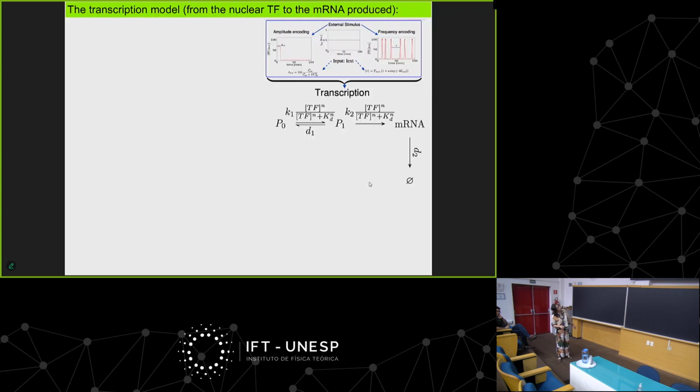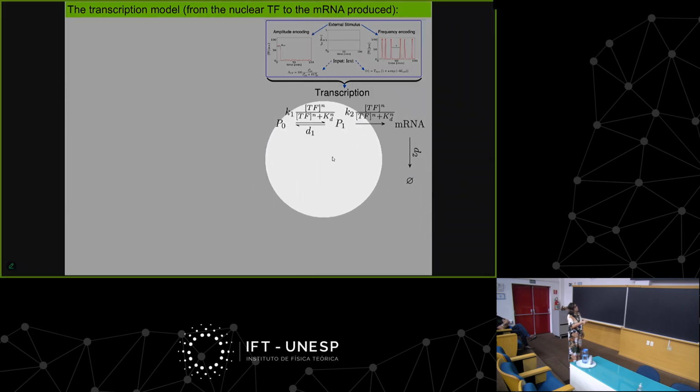Anyway, so once we have this very rude model of the nuclear transcription factor, we put this into a transcription model. And the transcription model that we used, we also took from a series of models that were analyzed by the group of O'Shea, trying to see which ones reproduced their results better. This is the simplest among those, a model in which the promoter can be in two states, P0 and P1. And the transition between the two states depends on the transcription factor in a way which